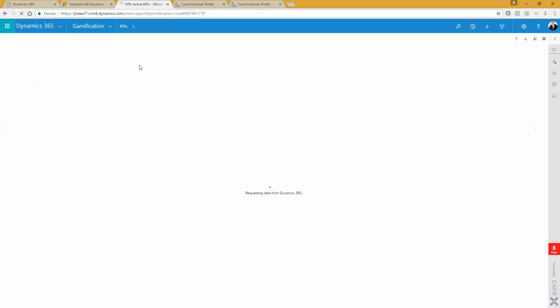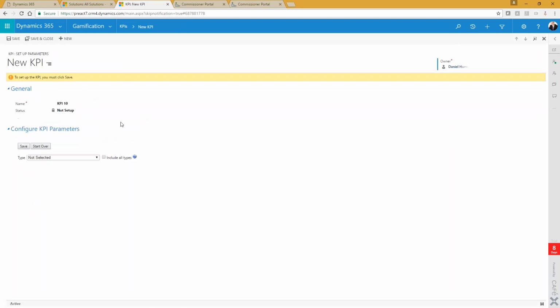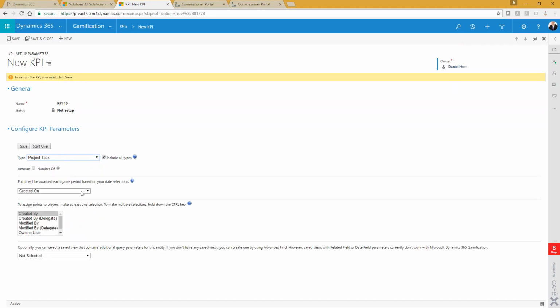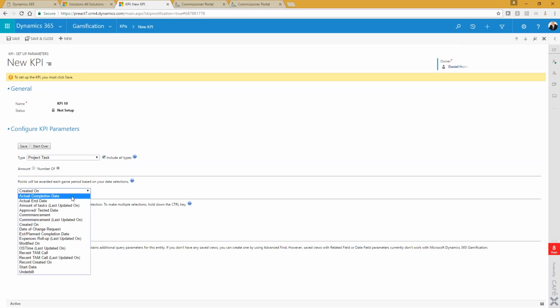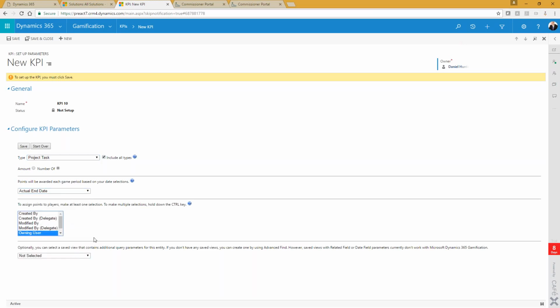If you wanted to add your own KPIs to this, not any of these particular entities, that's possible as well. So if we go over to here and select a new KPI, you can actually pick from any of the entities within CRM. So obviously I can scroll down here and look at all our different entities. Maybe if I wanted to do one based on project tasks, I could select project task there, and I could say, well, whoever it was that actually completed that project task, then they would score points for completing project tasks, etc., etc. So you can create some quite sophisticated scoring mechanisms, but this is the basic, the KPI setup is the basic thing you need to get your head around in CRM side. Everything else is dealt with in the gamification portal itself.